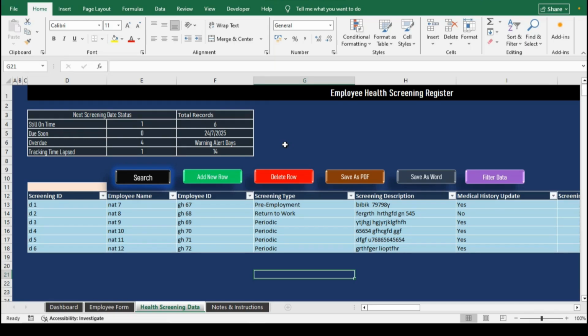Now, let's dive in and unlock the full potential of Excel with these innovative macro buttons. We will start by exploring how to use the search button. This powerful feature allows you to quickly locate specific data within your Excel tables, making it an essential tool for efficient data management. The search button enhances your productivity by enabling you to find relevant information without scrolling through extensive